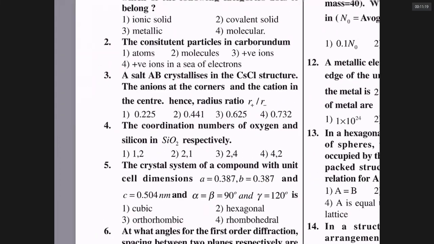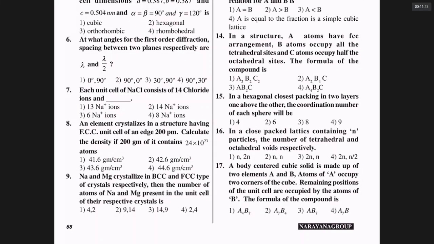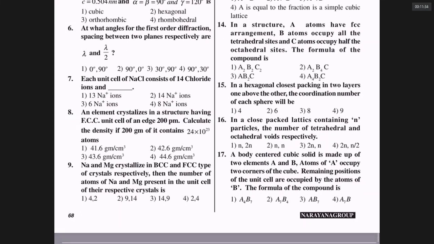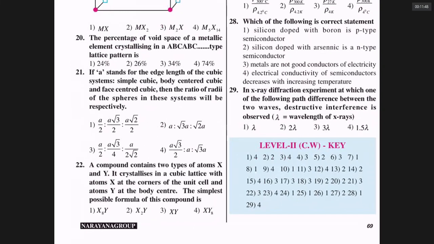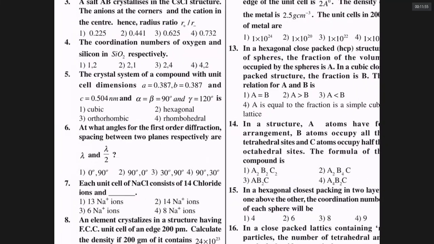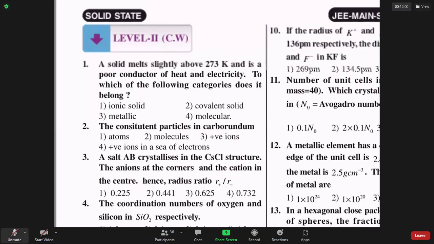So try to answer these questions up to page 67. For your examination, the portion is only this much. You need not do anything other than this. Just do up to page number 67. If you have the capability, you can also do some questions on pages 68 and 69, which are within the portion you have covered. For example, you can see page 68, question number 1. We have just now solved this.